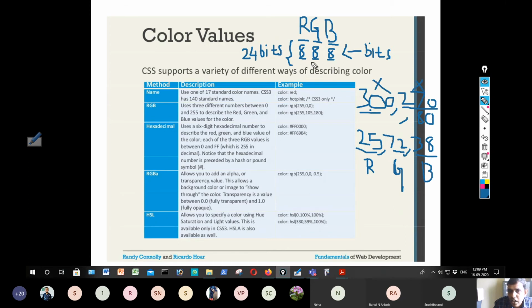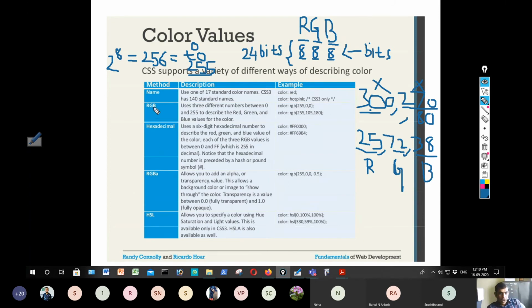Here you are using 8 bits, that means 2 to the power of 8, which is 256. So the value permitted is a minimum of 0 to a maximum of 255. That's why 300 and 270 are not valid values.